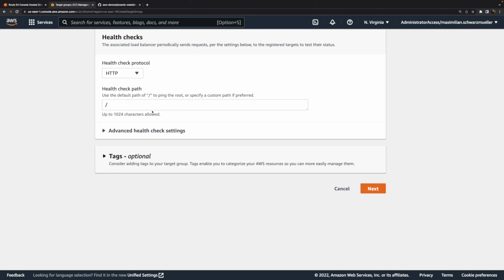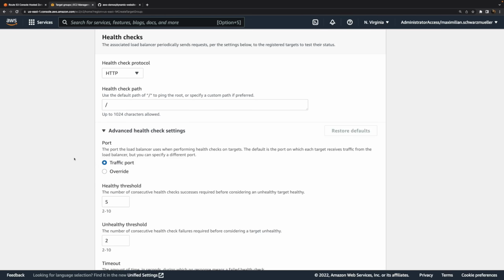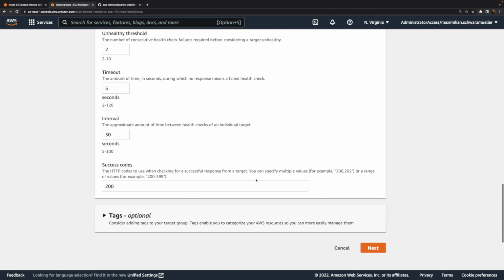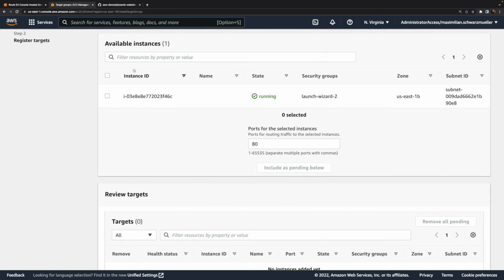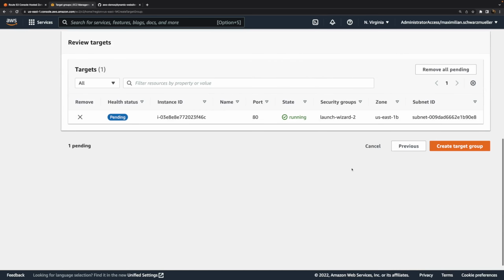We can set up the health check settings so we can configure to which port and path HTTP request will be sent to find out whether an instance is up and running and working as intended. And then with that, we created this target group, and we can now select this one instance which we have up and running and include it into this target group so that it is part of that group.